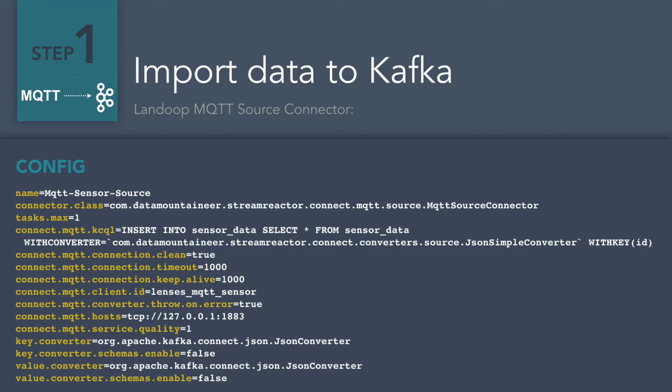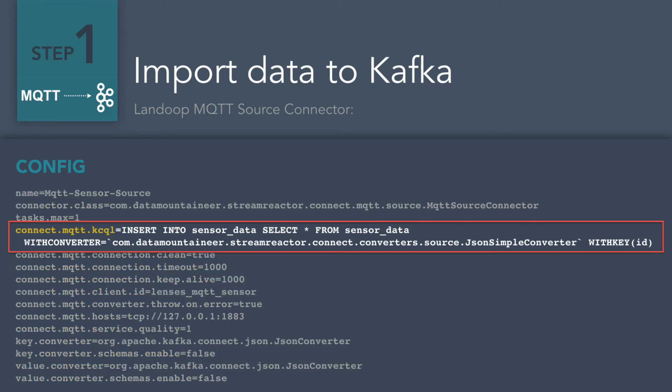Now that we have data, we should move forward and bring it into Kafka. To do so, we're going to leverage the Kafka Connect framework. Kafka Connect comes with Apache Kafka and is the framework to use if you want to move data in and out of Kafka reliably and at scale. As you can see on the screen here, we have the configuration for the MQTT sensor source. There are 2 key elements to it. The first one is